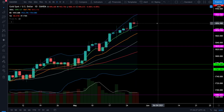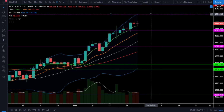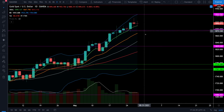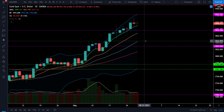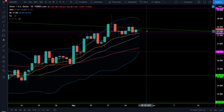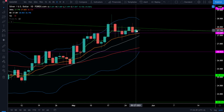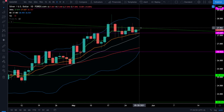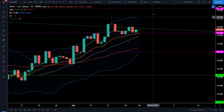On gold, we were pretty flat on the day as we continue to build up that bullish trend to push to the next price target at 1923. Look for downside support at 1891 and 1876. If 1876 fails, look for a bounce off the 20 simple moving average at 1845. On silver, we had a little bit of a bullish day today, closing back above the 5 EMA, and we still see silver in a strong bull trend. Look for silver to try to break back out above 28 and try to run up to the next price